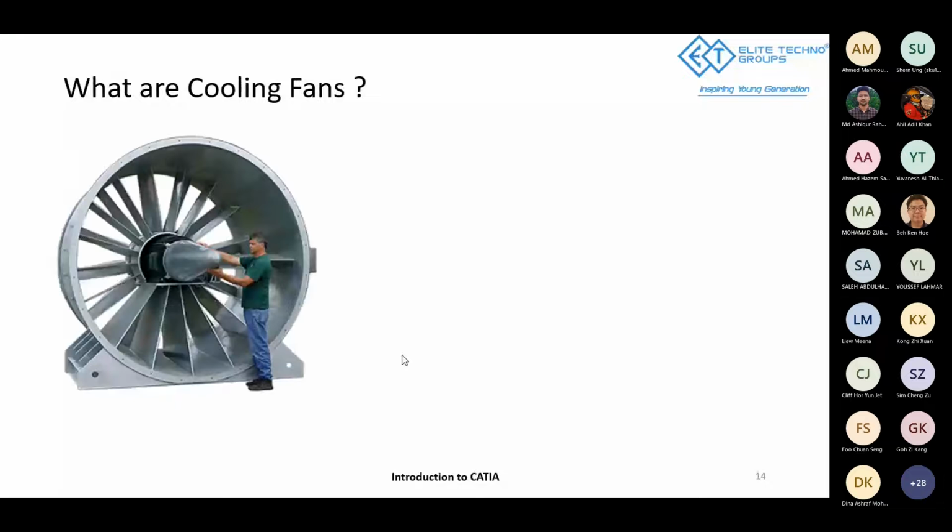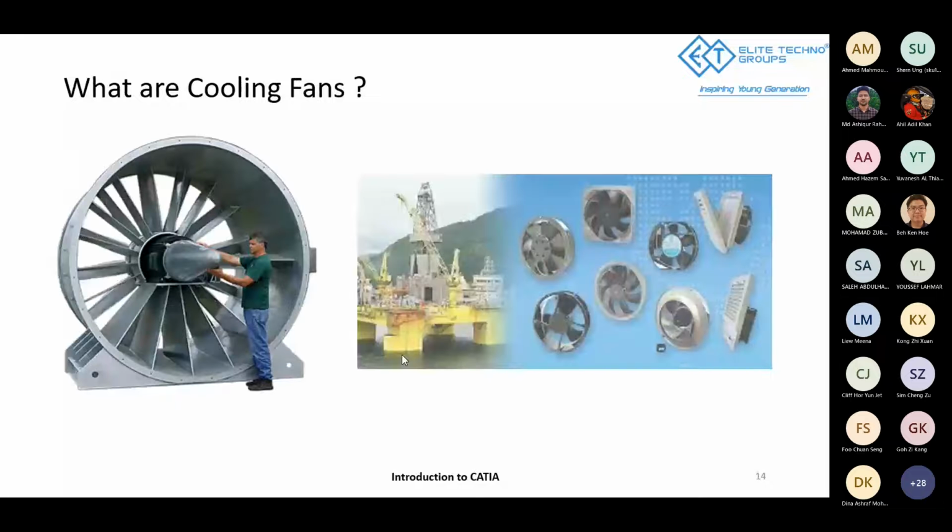Okay. So here, basically, a cooling fan is operated for cooling purposes, as its name suggests. One of its functions is to cool the component and also to have a comfortable environment around that component, so it doesn't overheat and doesn't burn. Based on its size and the component, sizes vary. It can go up to the picture that we are seeing at your left, or it can actually be as small as your computer cooling fan.